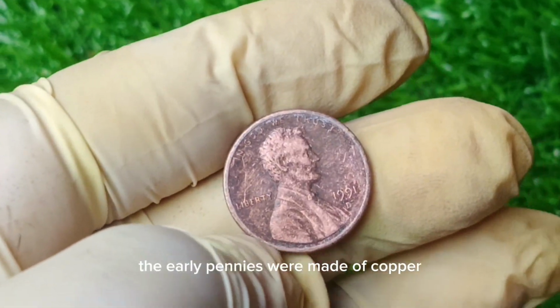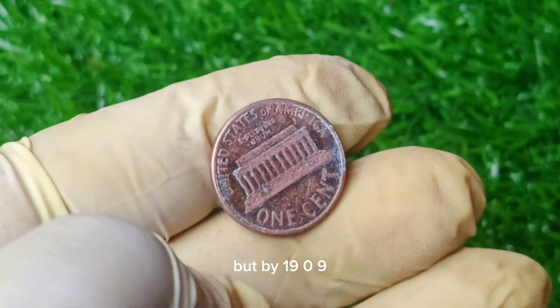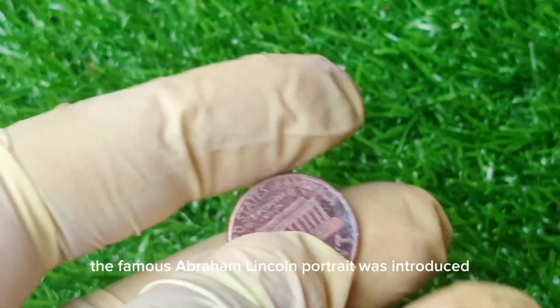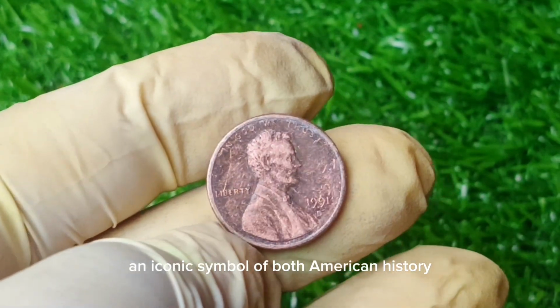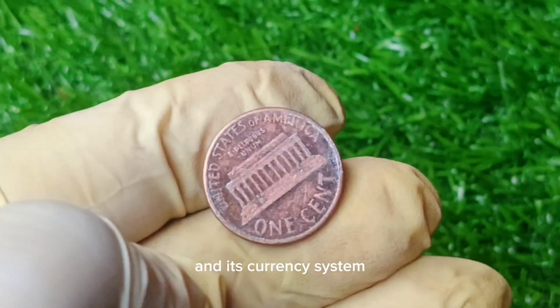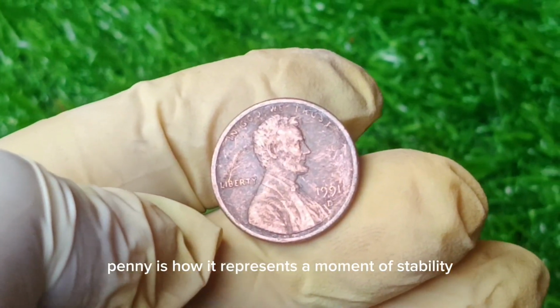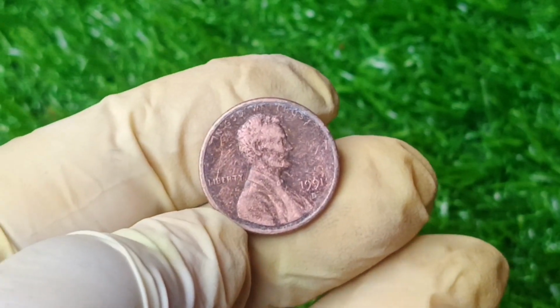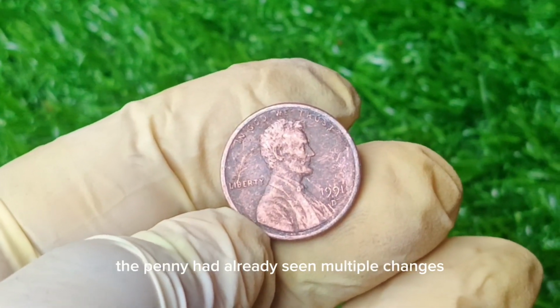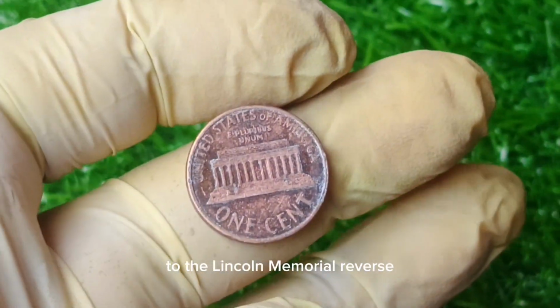The early pennies were made of copper and featured various designs, but by 1909, the famous Abraham Lincoln portrait was introduced to honor his legacy, making the penny an iconic symbol of both American history and its currency system. But what's interesting about the 1991 penny is how it represents a moment of stability in an ever-evolving coinage system. By this point, the penny had already seen multiple changes, from the wheat-back design to the Lincoln Memorial reverse, and